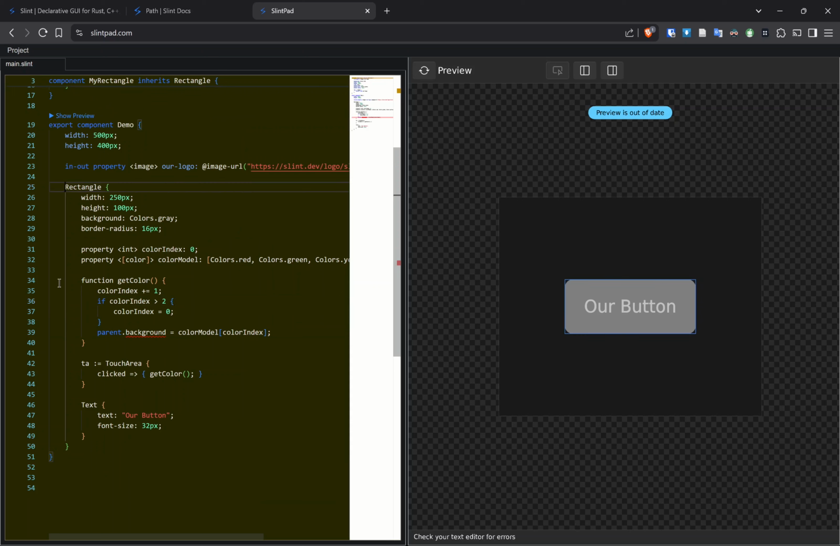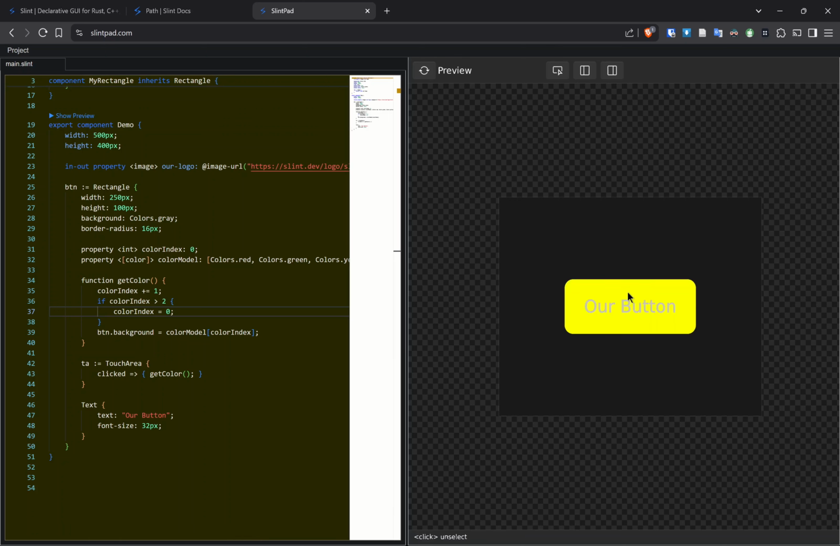So let's give this an ID of button, so you can refer to it from here. Good. So if we come back here now and we click on our button, we'll see the color changes now, because anytime we click, this method is called. What it does, it increments our index by 1 and checks